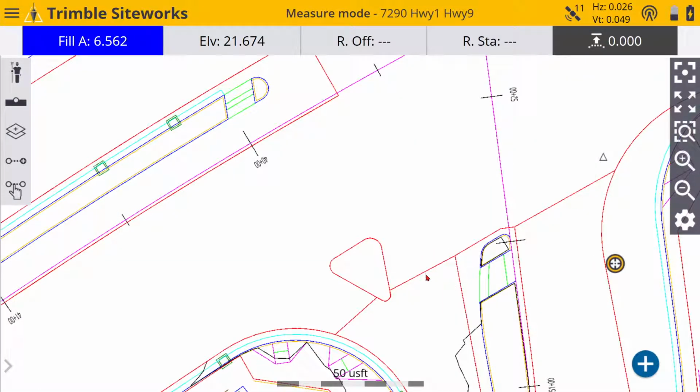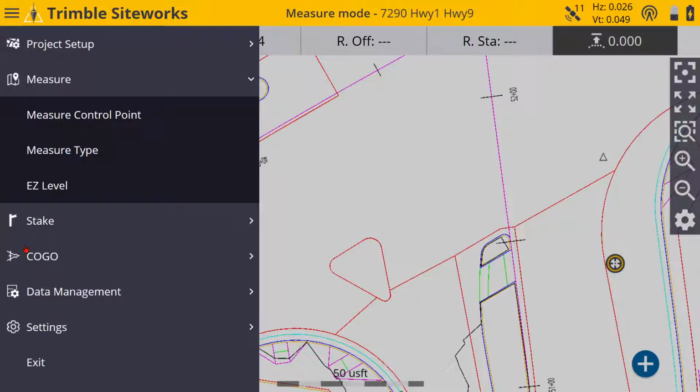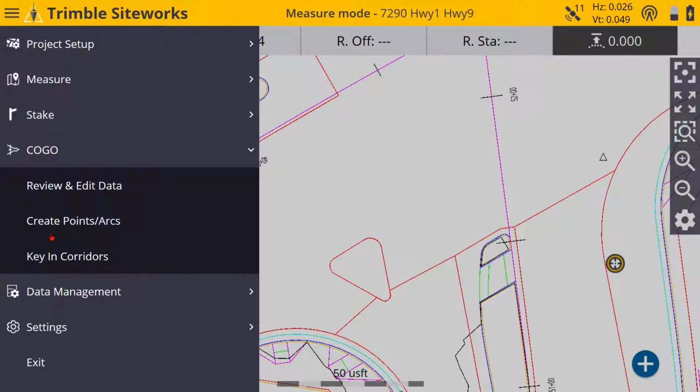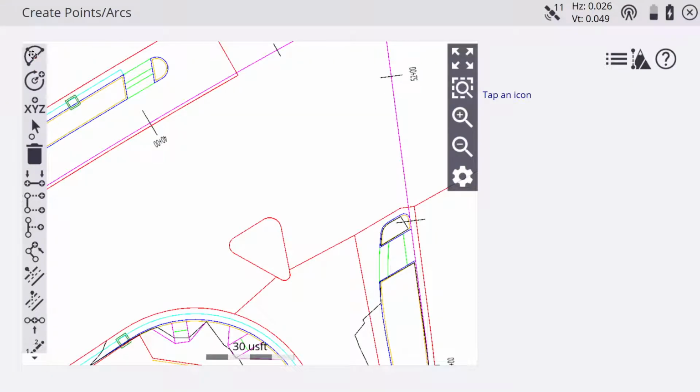Alright, in this video I'm going to go over how I get radius points. I'm going to go over 3 different ways that you can do it. There may be more, but I don't know of any other ones. Not that I can think of, but I'm just going to go over the easiest one first. Okay, the easiest one is to go to Kogo and create points and arcs, and you use your